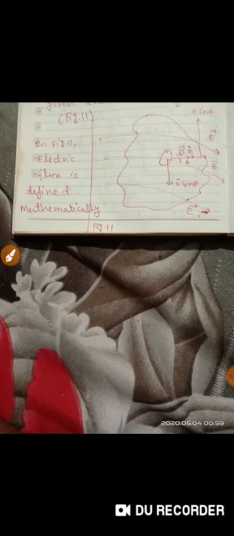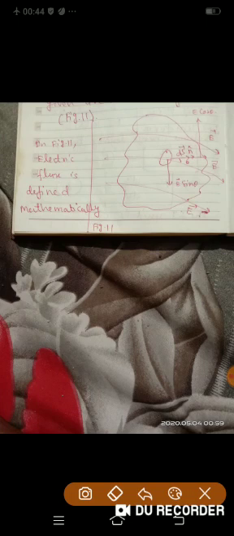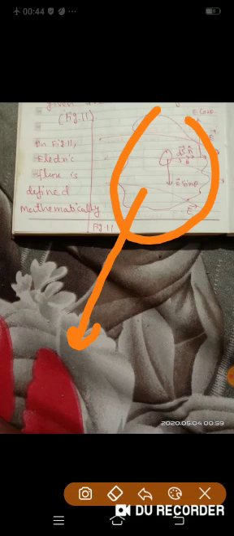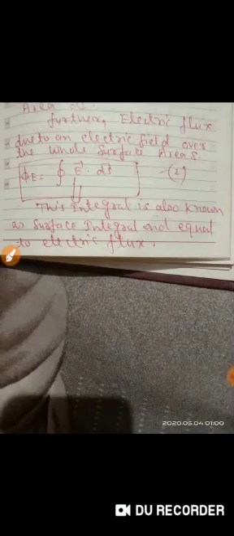So d phi is the very small area I am explaining to you by the diagram, which I show you one more time. Look here. Okay students, so this is your whole area, and I am calculating flux for this very small area ds. That's why this flux is d phi e. So there is no problem at all, students. Come to the original video. So we calculated d phi e, very small electric flux.